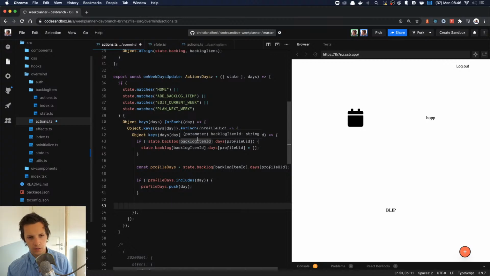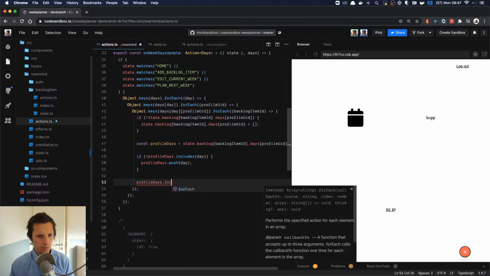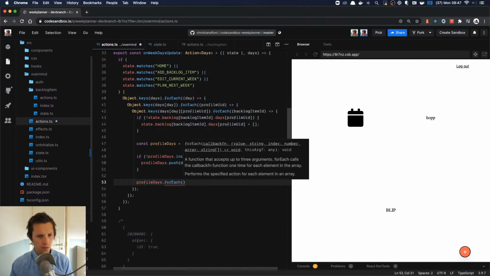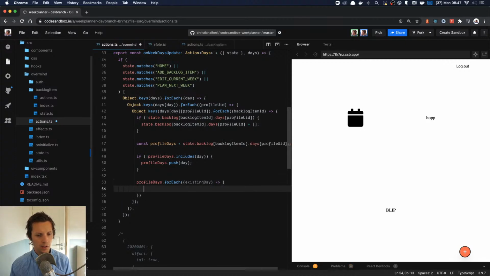Oh, data structures. Tricky, tricky, tricky. How should we deal with this? I guess we can just, well, we have to verify first that that is actually how it works. So let's just go through the profile days for each existing day. And then we check,